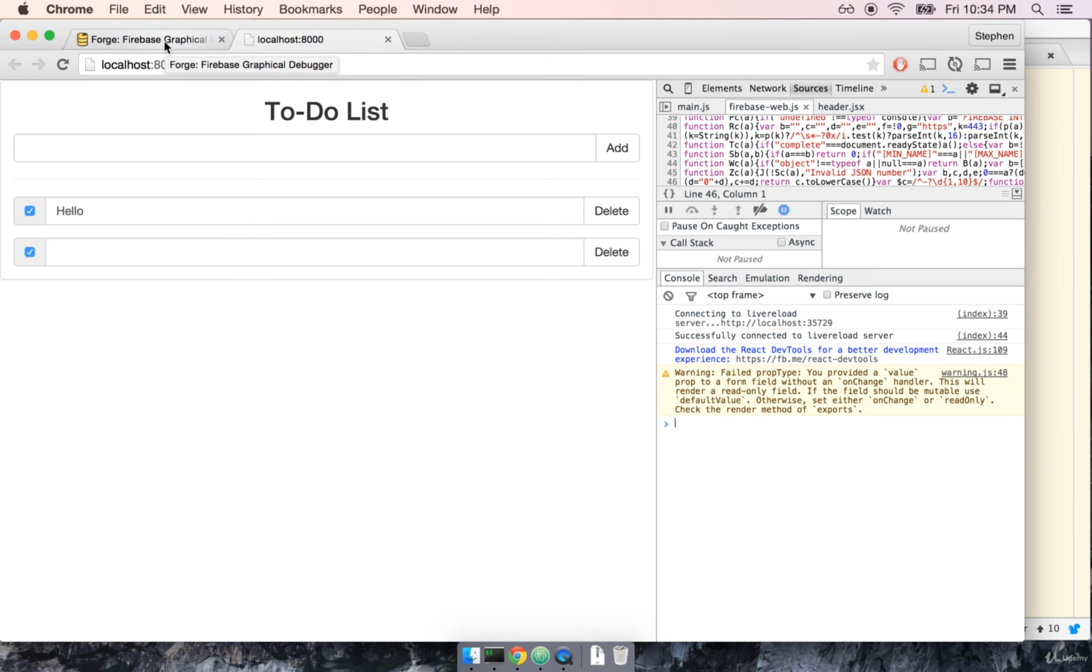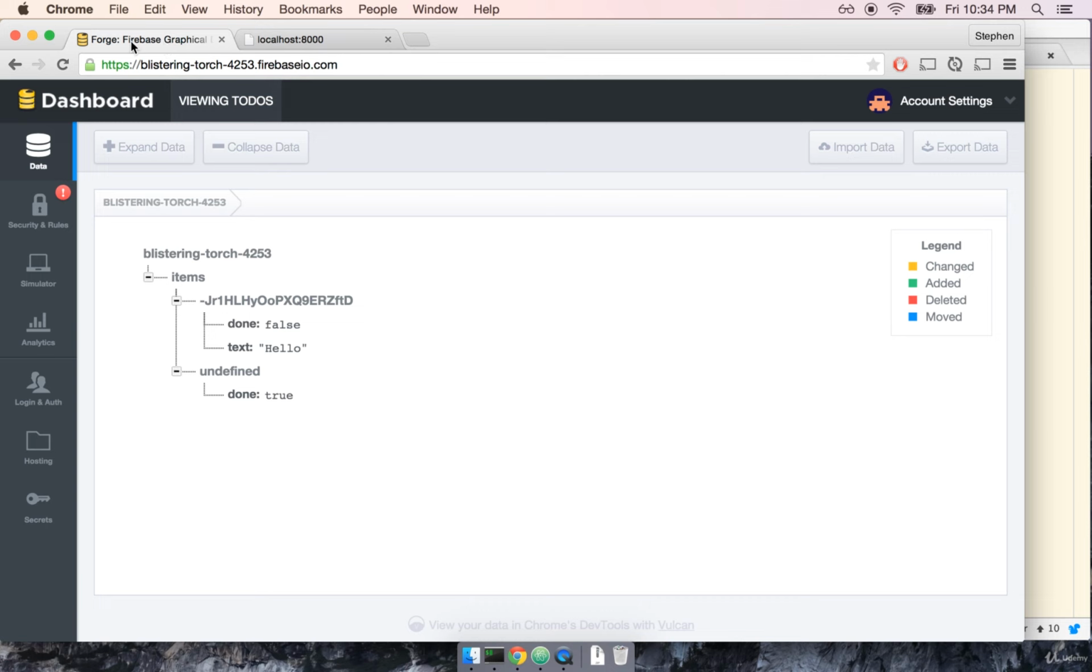So let's try tracking down the error by first looking at our Firebase dashboard. We're looking at the dashboard for our entire app. And the first thing we notice is that we have one to-do that looks like it's pretty well formed, as in it looks like it has an ID, has a done flag, and a text flag. And then we've got this other item in here that has a key of undefined and a value of done